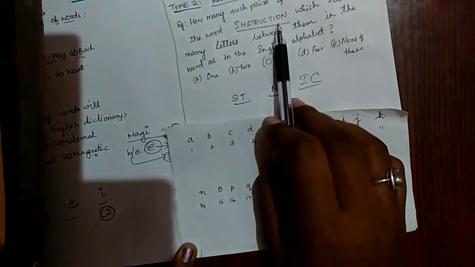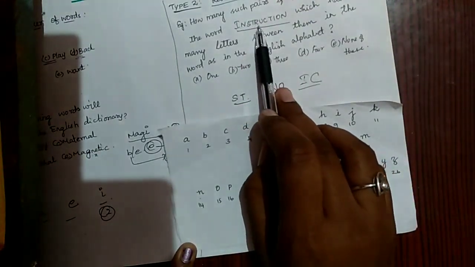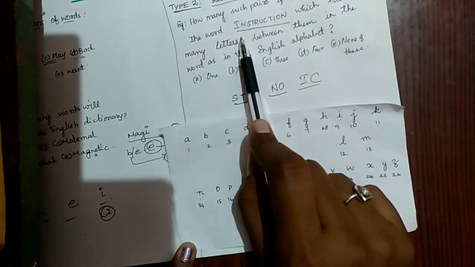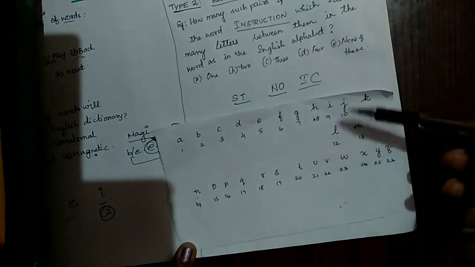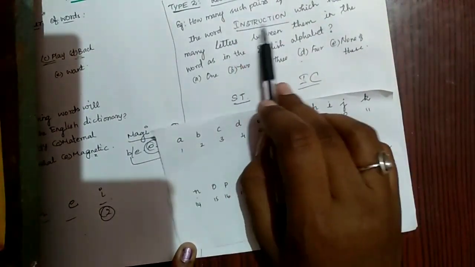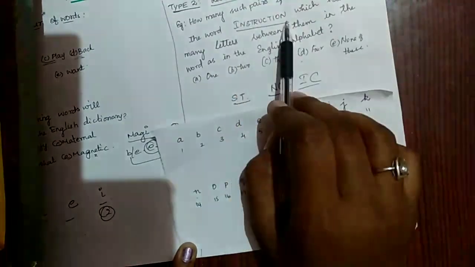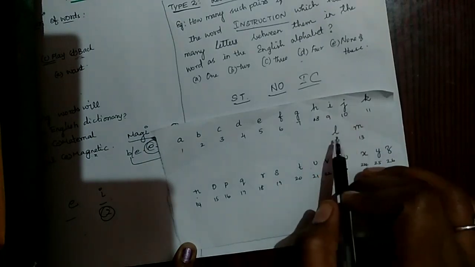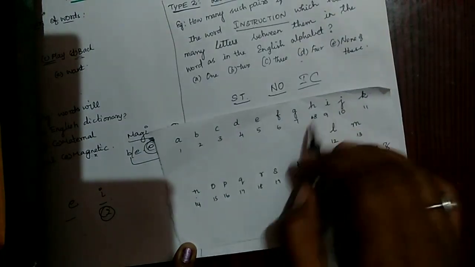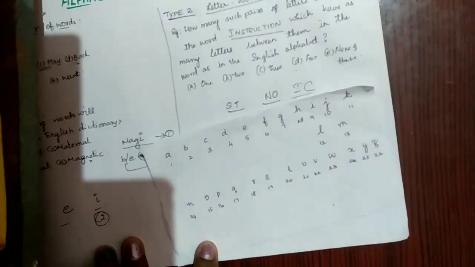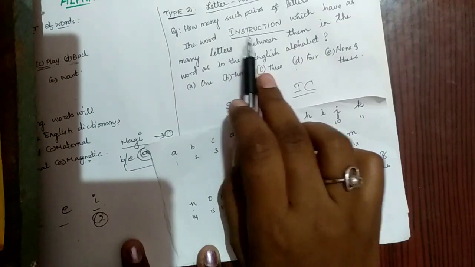And between I and I the distance is 0, but here 1, 2, 3, 4, 5, 6, 7 letters are between I and I. Alright. Next, I and O. How many letters are between I and O? 1, 2, 3, 4, 5, right? Here more than 5. And with I and N, here comes 1, 2, 3, 4, sorry, 4 letters, but here so many letters. Now we have compared I with all these letters.